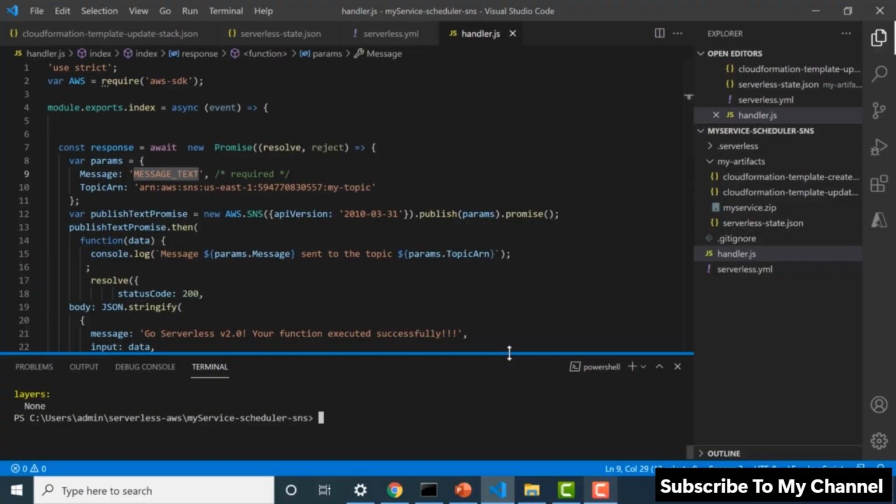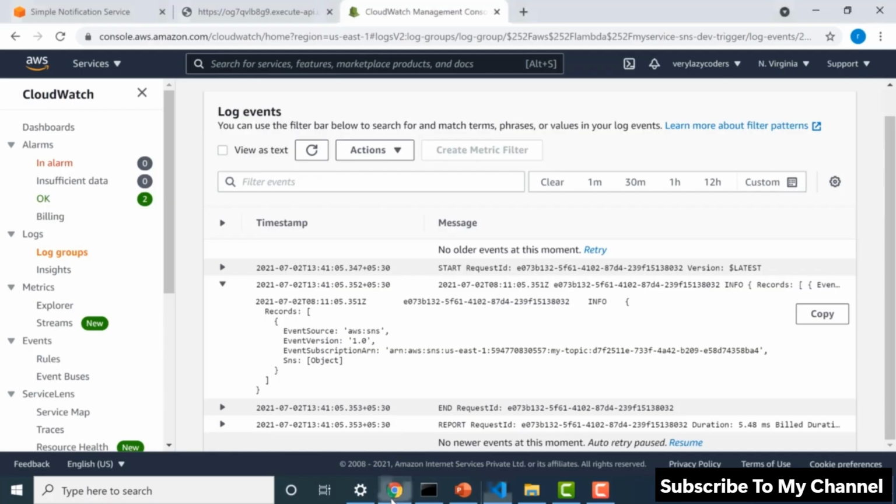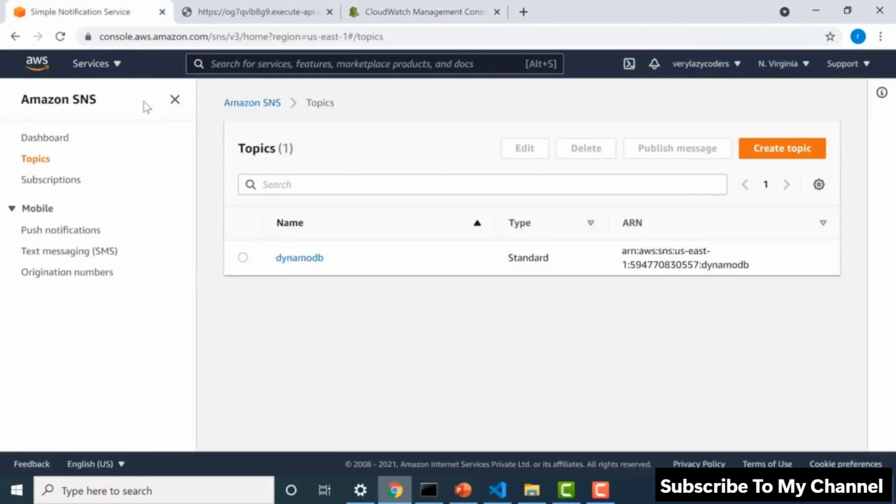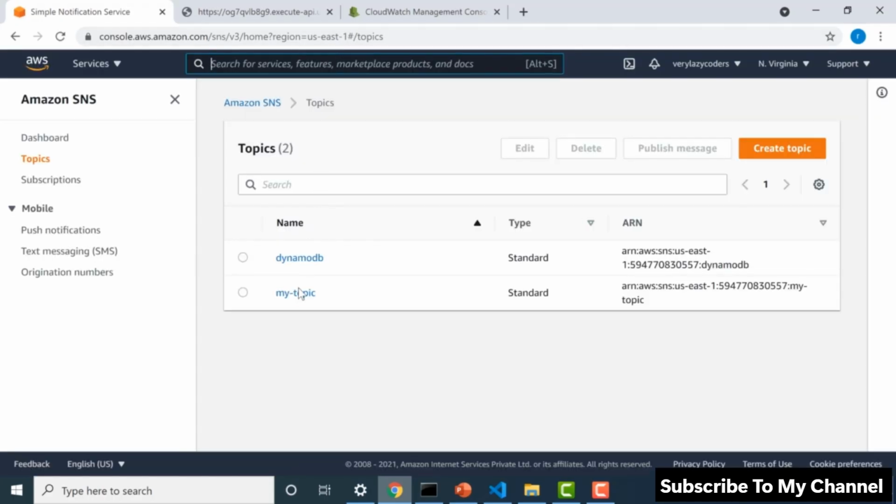Okay, the serverless function has been deployed. The first thing we'll do is check whether the SNS topic has been created. Let's go back to our SNS. Let me just refresh this page. You can see that my topic has got created. If you click on this,